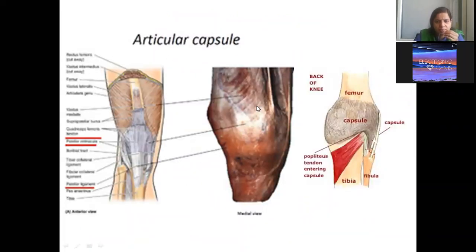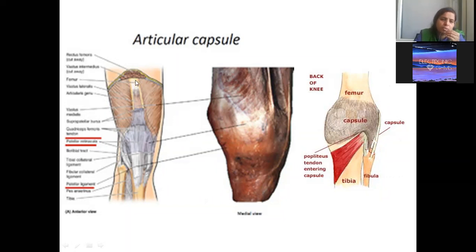Now see, this is the fibrous capsule, the joint capsule. You can see the tendon of this popliteus. We know this is the lateral condyle of the femur because the fibula is here. Obviously, this is the lateral end of the bone. Tibia is the medial bone, so this is the medial end and this becomes the medial condyle. This becomes the lateral condyle. From the lateral condyle the popliteus muscle comes, and there is a space for its tendon in the fibrous capsule through which it comes out and gets inserted on the posterior surface of the tibia above the soleal line. Whatever thickenings are there over this capsule, you call them the various ligaments we have, isn't it?